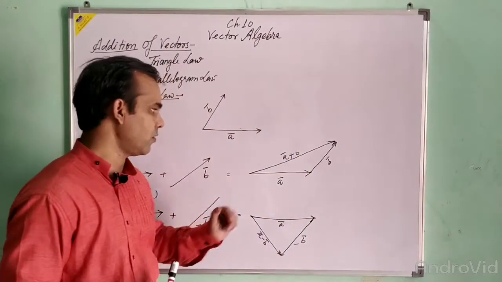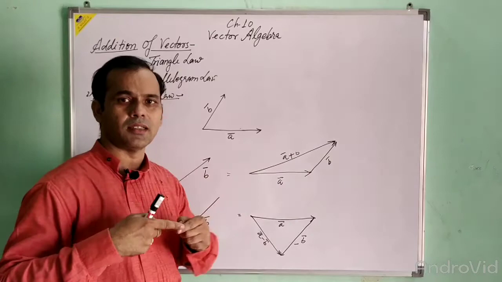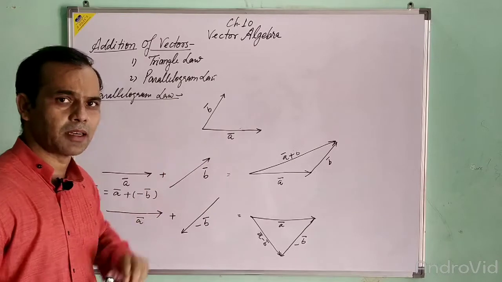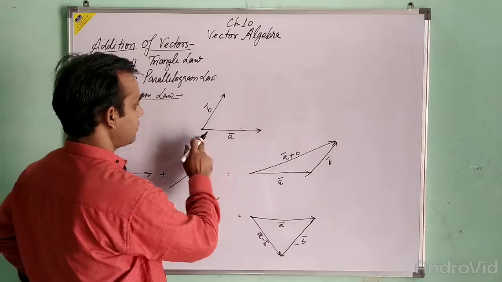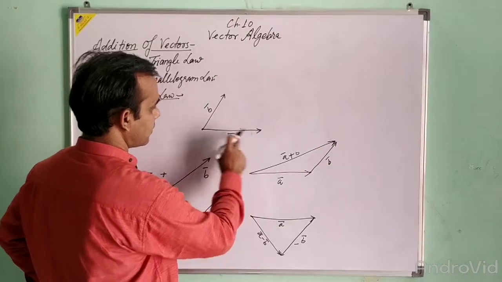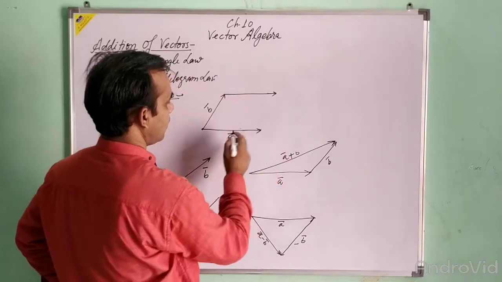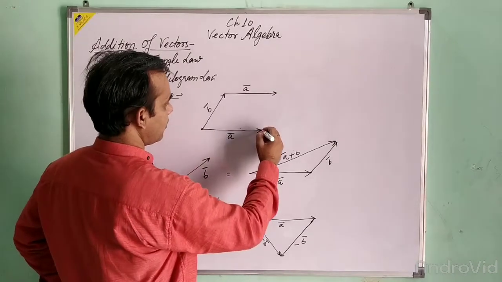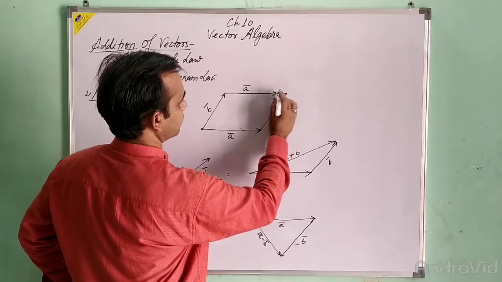How? In the triangle law, we see that the vectors are added with the head of one added to the tail of the other vector. But in a parallelogram, there are two vectors, A vector and B vector, and both tails are joined here. Clear? A vector is this, B vector is this. Now we have to make a parallelogram. Let's draw a vector A parallel to this vector from this point, this way, and it will be equal to the magnitude of vector A. So this is the A vector. In the same way, draw a B vector parallel to this one, this way.